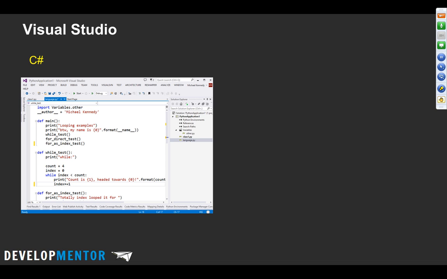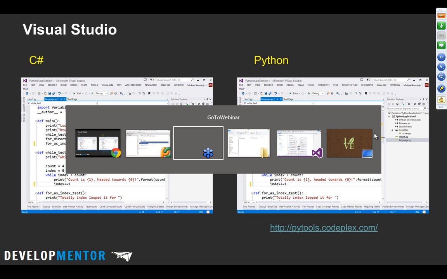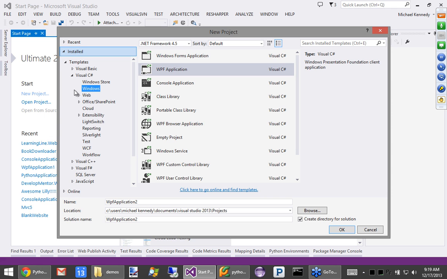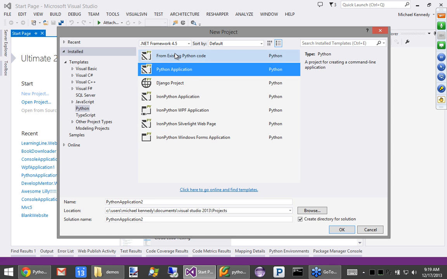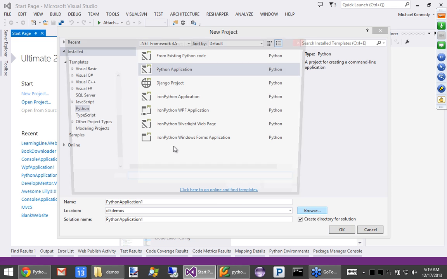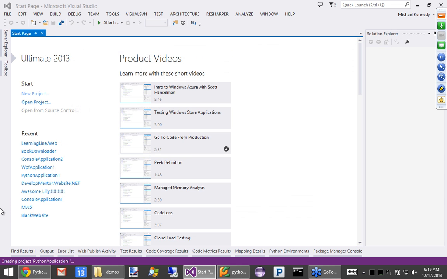One of the things that's amazing about C# and .NET, one of the really compelling reasons for choosing it, I think, is Visual Studio is such a nice editor. In Python, you guys will probably be surprised to know that there are Python Tools for Visual Studio. So I can come over here, you can see I have Visual Studio hanging out, and I can say new, go down here, if I install the Python Tools for Visual Studio, new Python project, look, Django, IronPython, Python app, from existing code. Let's just say new Python app, and put this over in demos. Let's call it Python app 1 for Visual Studio.